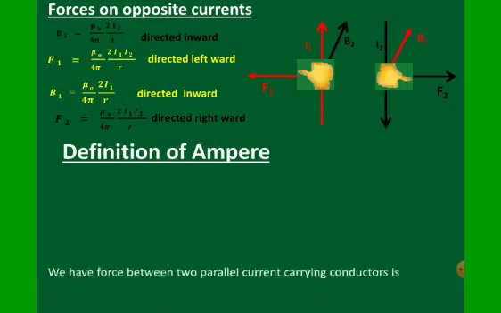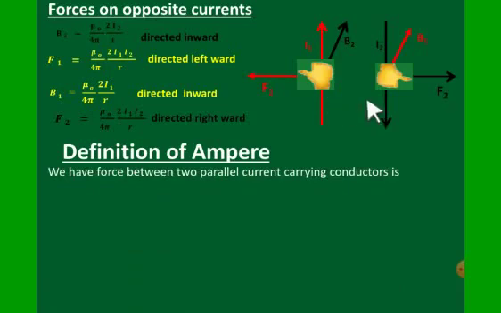Now if you take these two parallel current carrying conductors, just like this, along the same direction, whichever you like, you can take it. And if you take the current flowing here as 1 ampere, here also 1 ampere, and the distance between them is also made 1 meter,